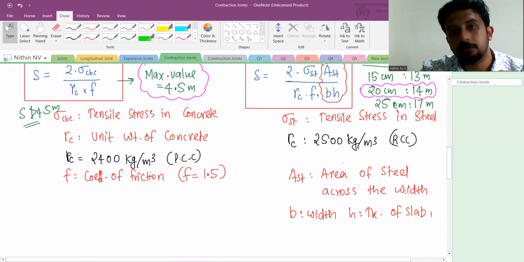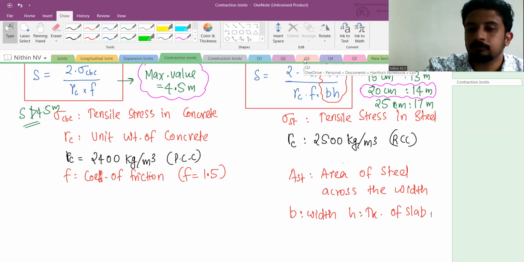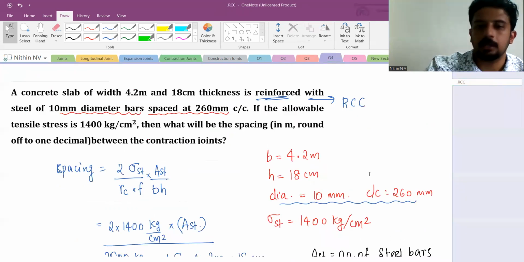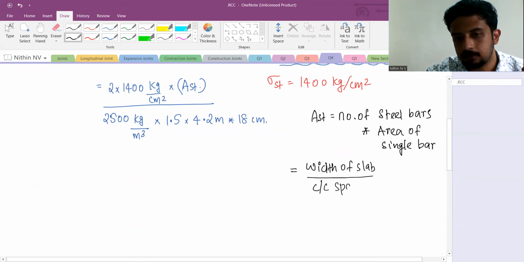Area of steel across the width. So in one width of the slab, what is the thickness? What is the area of the steel? That's what we are going to calculate. Now, width of slab divided by center to center spacing. So this is how we are going to calculate the number of steel bars